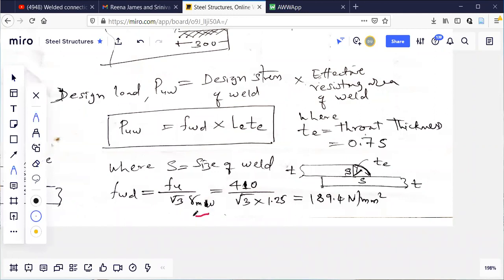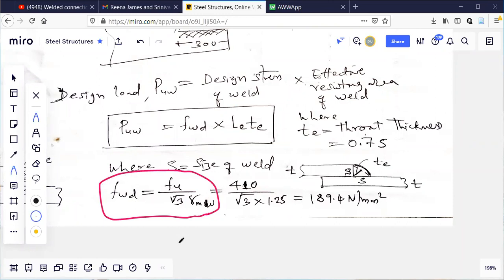Now see how FWD is calculated here. How to calculate this one? Fu is the ultimate stress of the material, which is 410, divided by root 3. In design I have to use some conditions or parameters which bring this FWD into the permissible limit. I cannot use 410 directly.